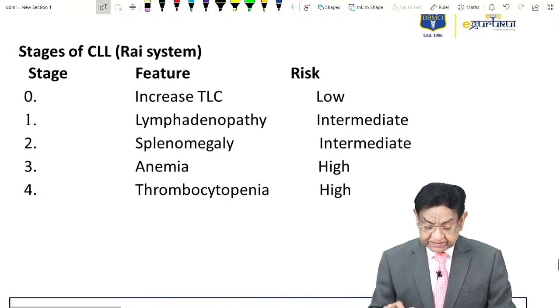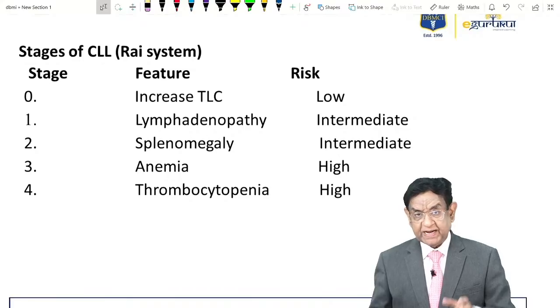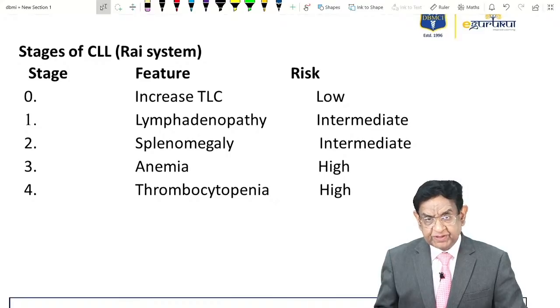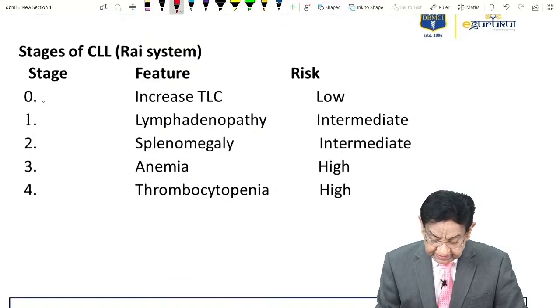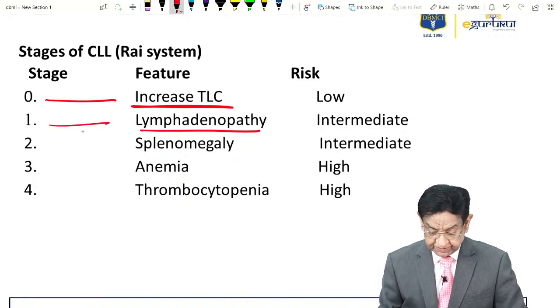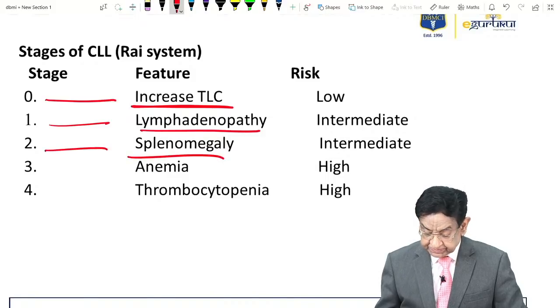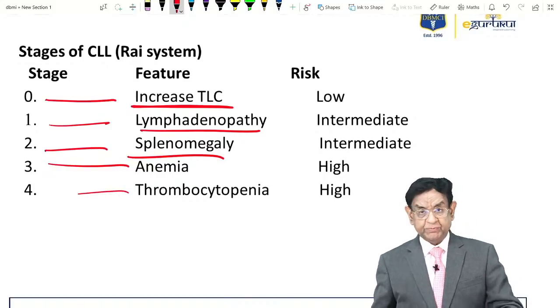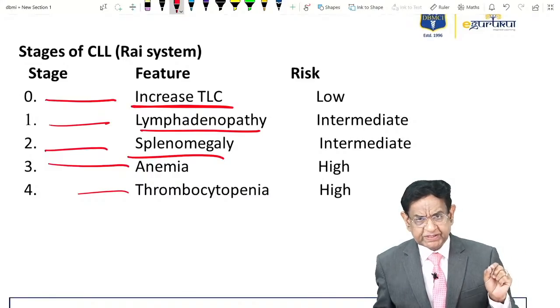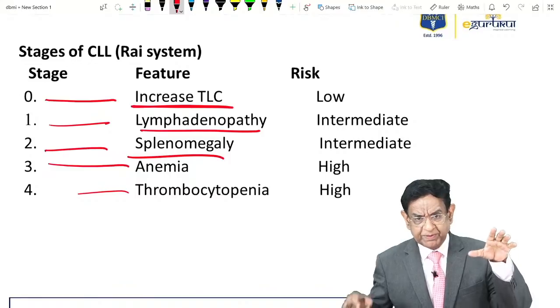Well, this staging is essential, and I'll correlate this pathology with hematology and clinical science. So we have stages of CLL. In stage 0, increased TLC count is there. Stage 1, lymphadenopathy occurs. Stage 2, splenomegaly occurs. Stage 3, anemia, and stage 4, thrombocytopenia. This is very simple, and throughout the world, whichever exam you appear for, your question will be based on this